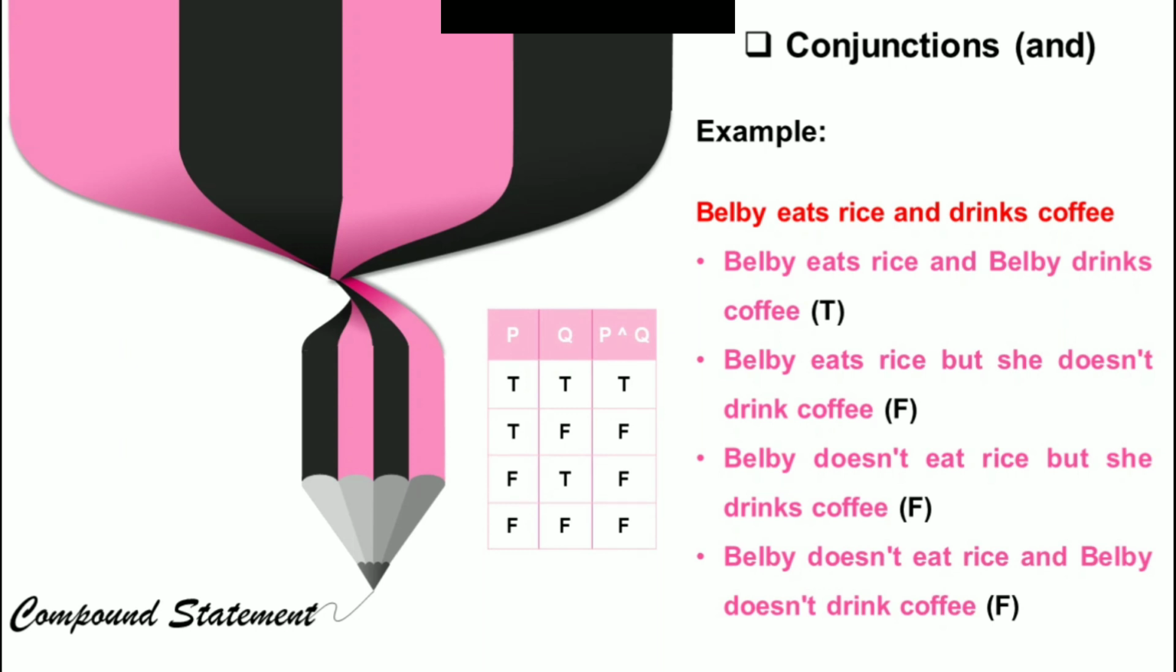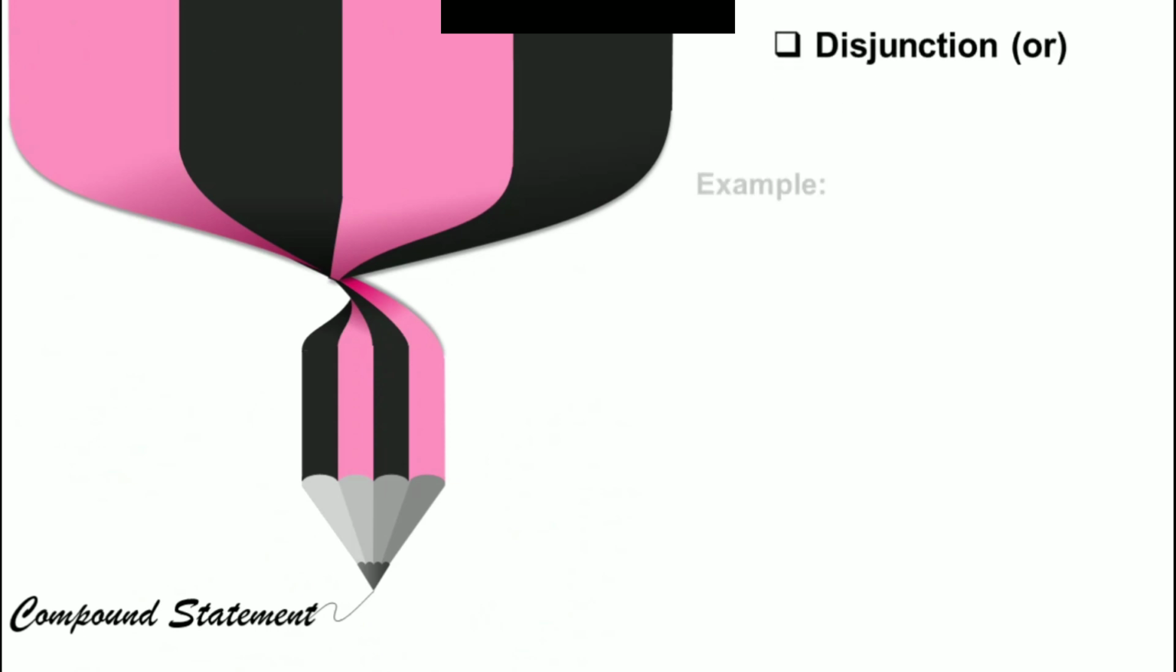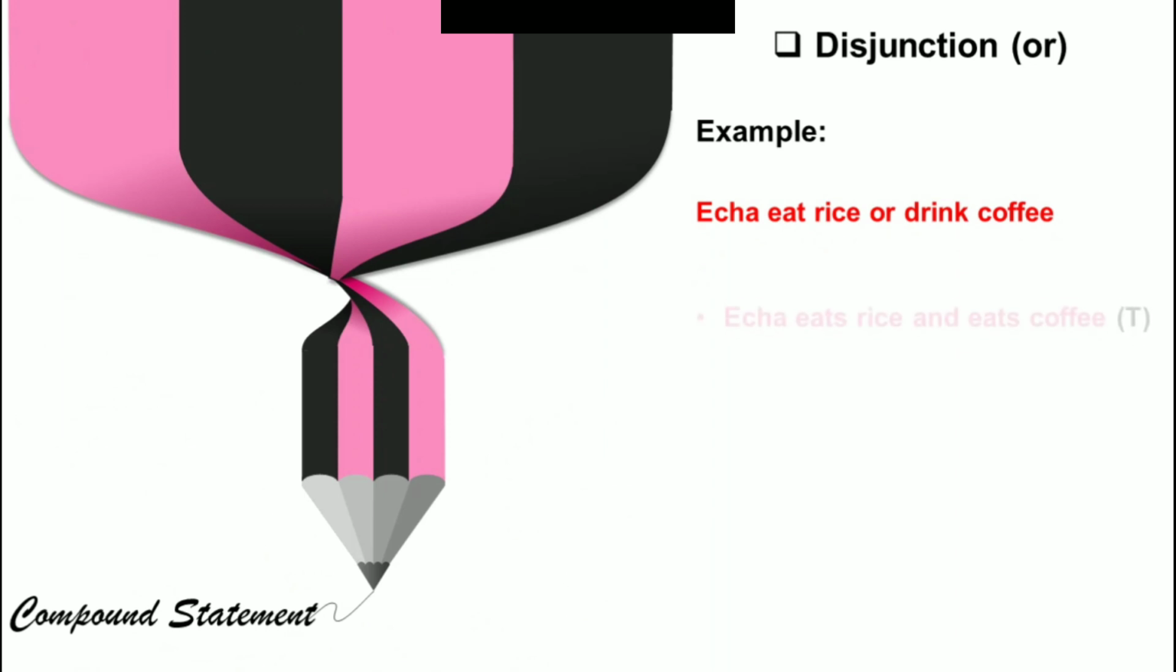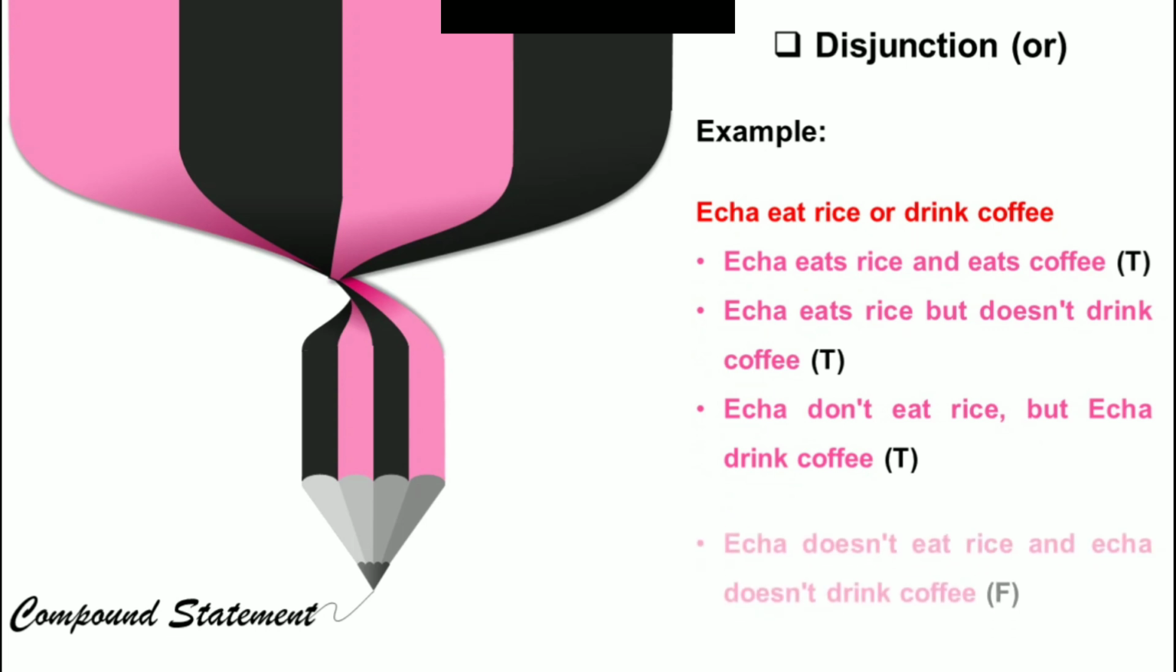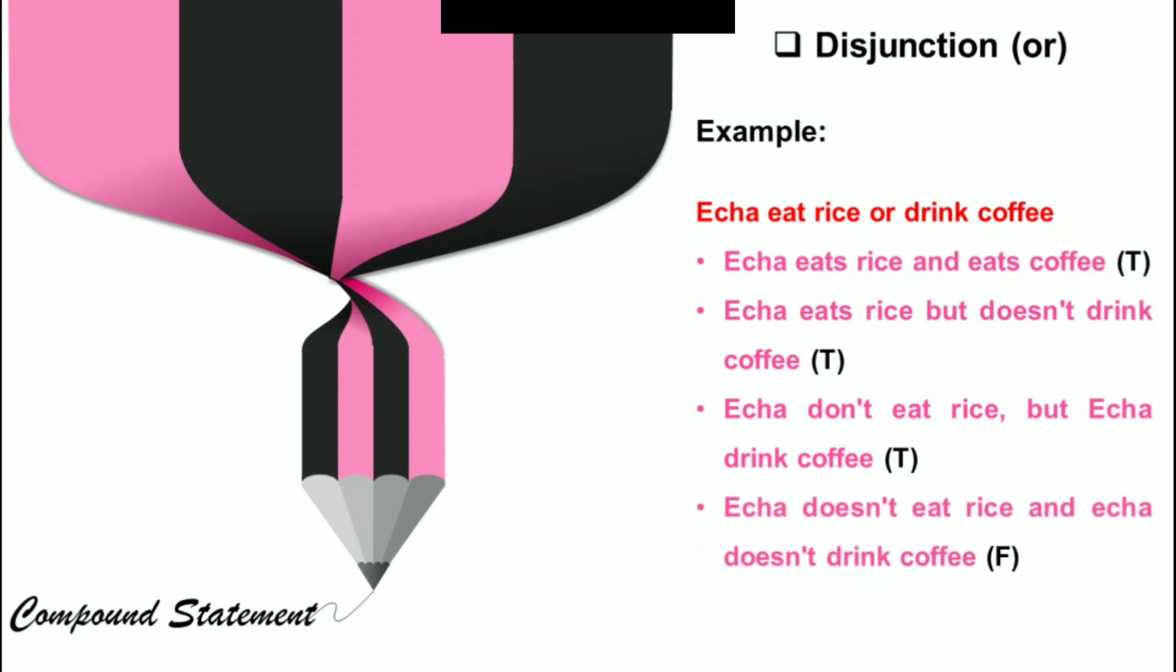The second connecting word, namely disjunction, or the conjunction is or. Consider the example. Echa eats rice or drinks coffee. For or, one can be selected. Echa eats rice and Echa drinks coffee. Echa eats rice but doesn't drink coffee. Echa doesn't eat rice but Echa drinks coffee. Echa doesn't eat rice and Echa doesn't drink coffee. The truth table is